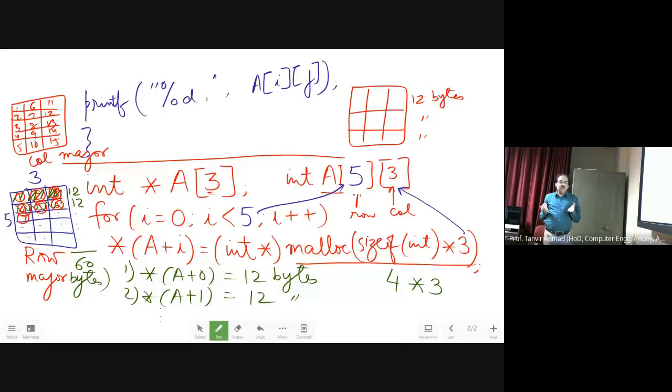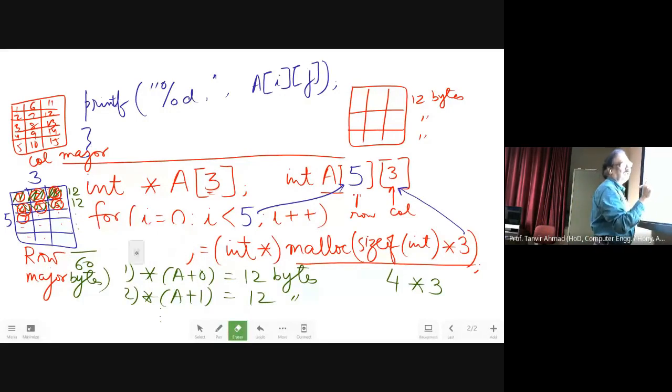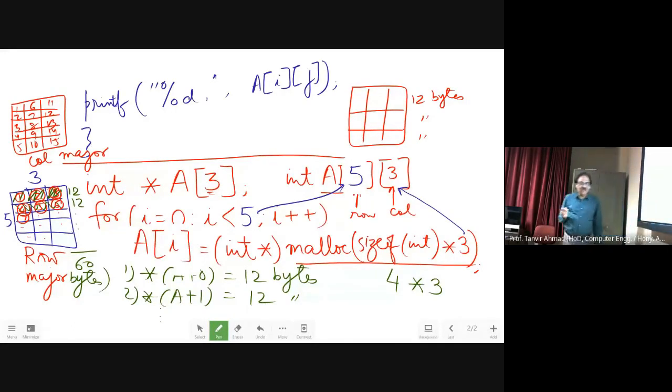Now you can use this interchangeably also. That means I can use it like this also. You can use like this also, so it's perfectly correct. But here, it looks like you are mixing an array with a pointer.